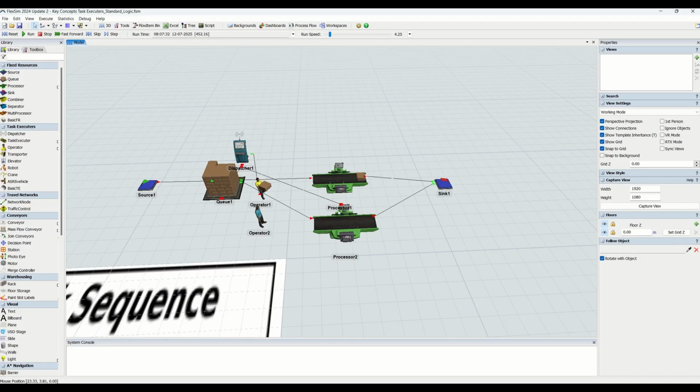So the solution to this problem is to add priority levels and preemptions to the task logic, which we will be covering in the next step. Here we're going to add that so it's done efficiently, because currently it's not working efficiently. As we saw in the last step, the operator sometimes performs tasks in a strange order,